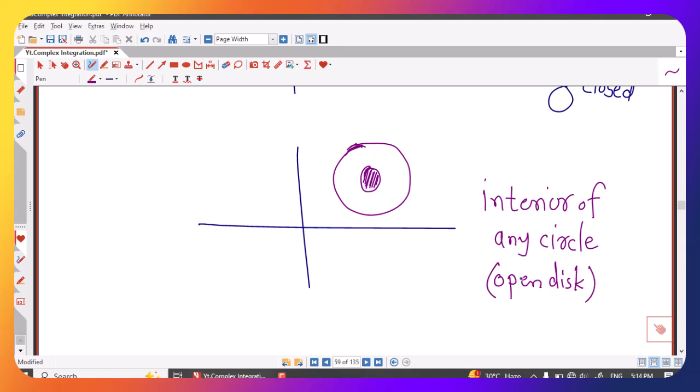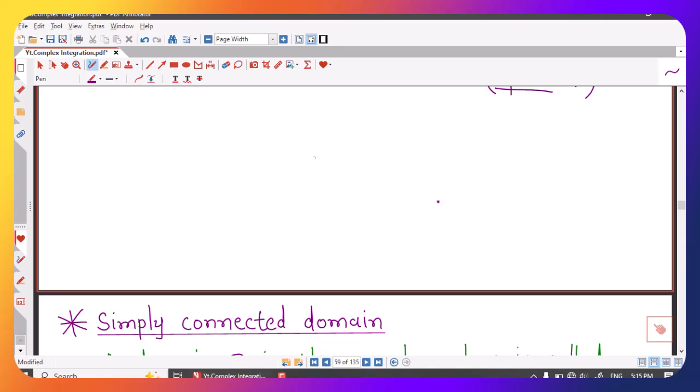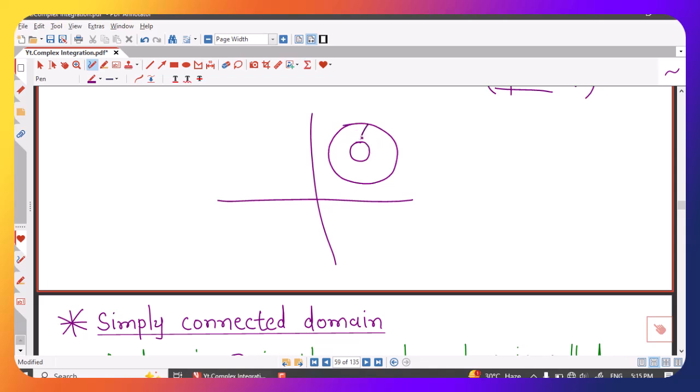So an open disk in the complex plane is always a simply connected domain, because if we take any simple closed contour inside this circle, then the points interior to that simple closed contour are points of this open disk only. But suppose I consider the area between two circles, that is an annular domain. Suppose these are two circles and I am interested in the area between them, then this is not a simply